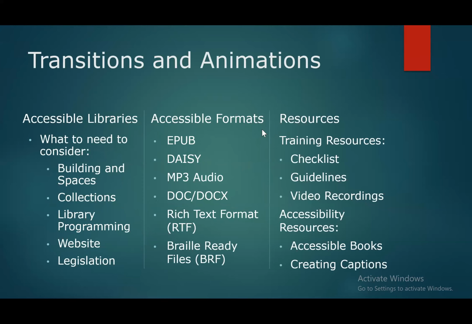Transitions and animations. Accessible and libraries. Bullet what you need. Bullet building and spaces. Bullet collections. Bullet legislation. Accessible formats. The thing is that I can't really tell if, hold on. Accessible present. Yeah, okay. I can't really tell if these are like a proper list or they're just like